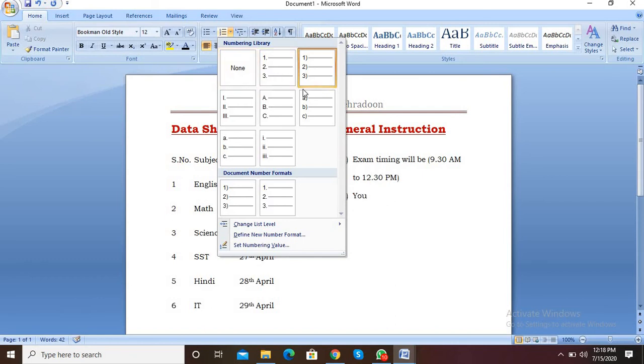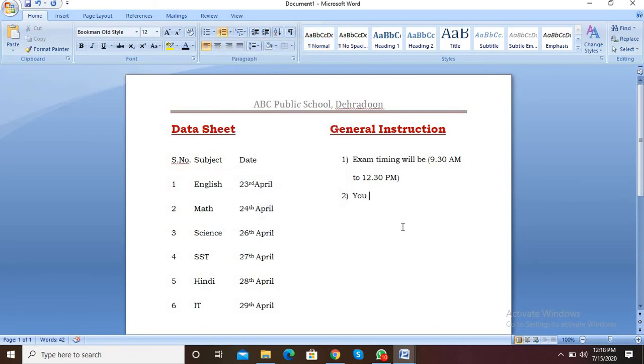You have to select any one of these. Then you must reach the examination hall 15 minutes before the exam start.